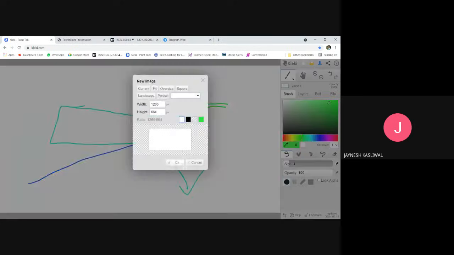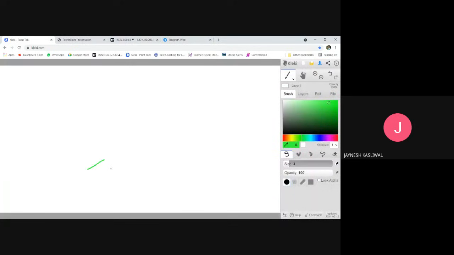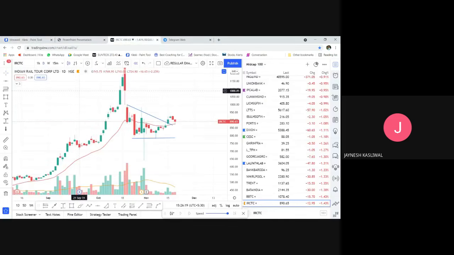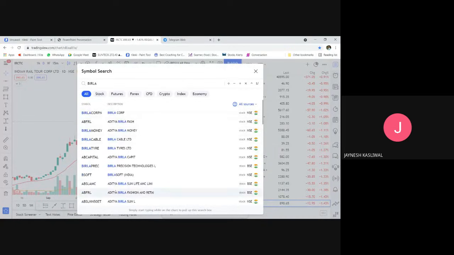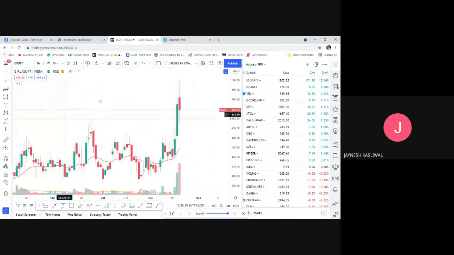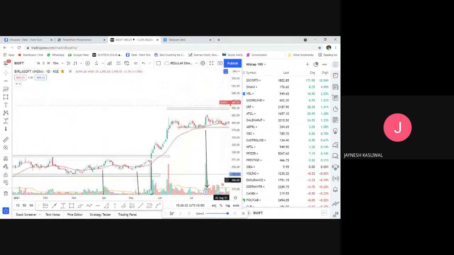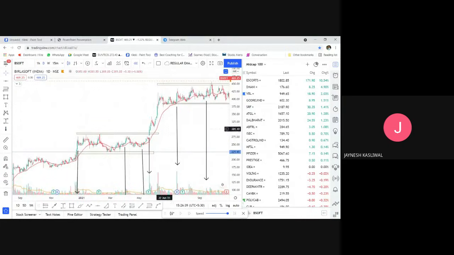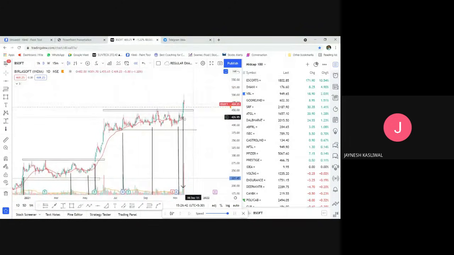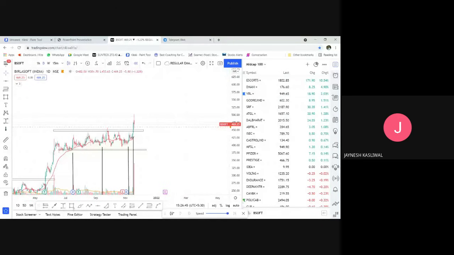ओके, क्योंकि समटाइम्स कंसोलिडेशन इज अ कंटिन्यूएशन पैटर्न, राइट। एक मैं सिंपल बताता हूं, ये देखो मैं बिरला सॉफ्ट का एग्जांपल ले रहा हूं, सो दैट बिरला सॉफ्ट इट इज अ रीसेंट एग्जांपल, इसलिए मैं ले रहा हूं। देख रहे हो कि ब्रेकआउट हैपेंड, आपने ब्रेकआउट की रीटेस्ट में खरीदा, कंसोलिडेशन में अटक गया, फिर ब्रेकआउट हुआ, कैन यू सी, एक ब्रेकआउट हुआ फिर कंसोलिडेशन हुआ। अब क्या हो रहा है, ये ब्रेकआउट हो रहा है, फिर इधर कंसोलिडेशन एक एरिया में होगा। फॉर एग्जांपल इसको थोड़ा हम ऊपर कर लेते हैं लाइक दिस, अब ऐसा होगा, समझ में आ रहा है।